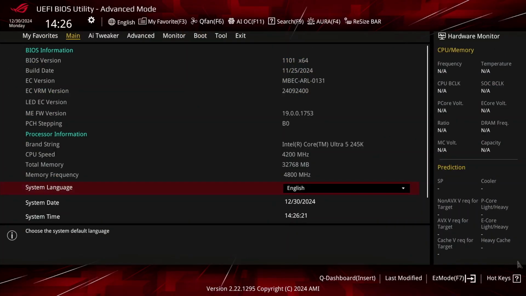Regular viewers of this channel will know that this particular memory kit is a little bit finicky and it doesn't run 7800 on all systems, including this one. So I had to adjust the memory frequency just a little bit to DDR5 7600 to make sure it ran fully stably. Upon entering the BIOS,